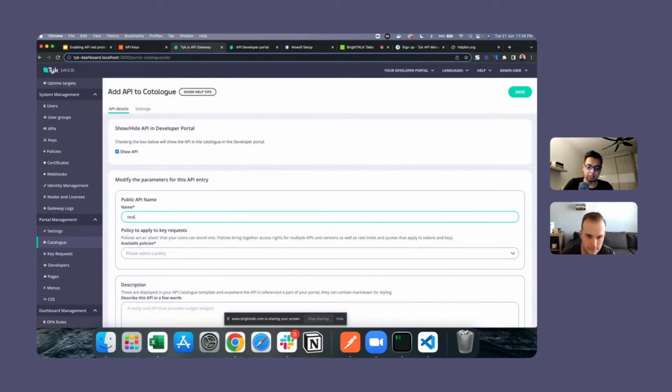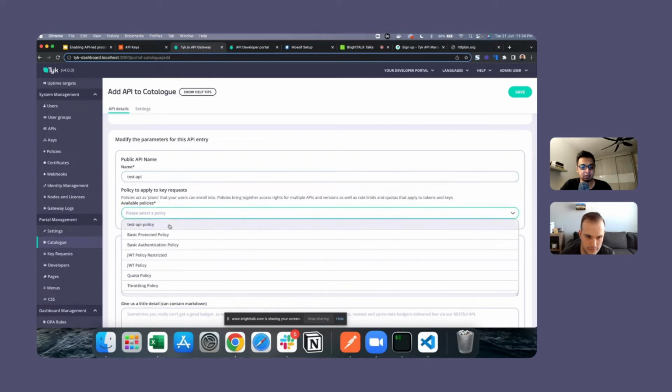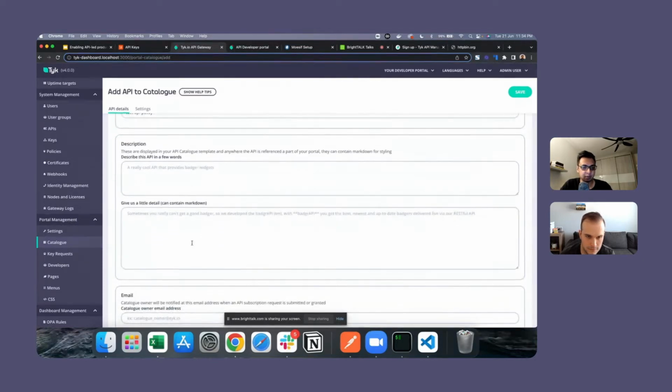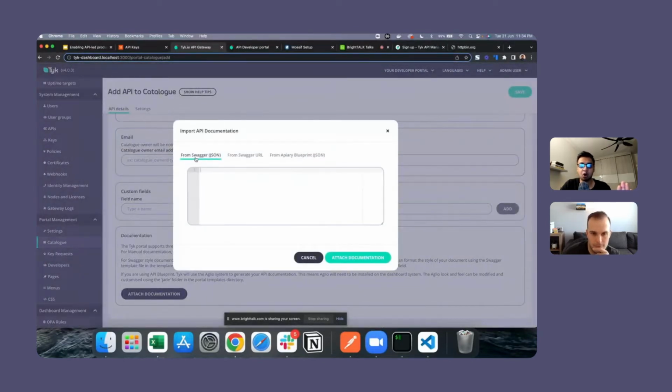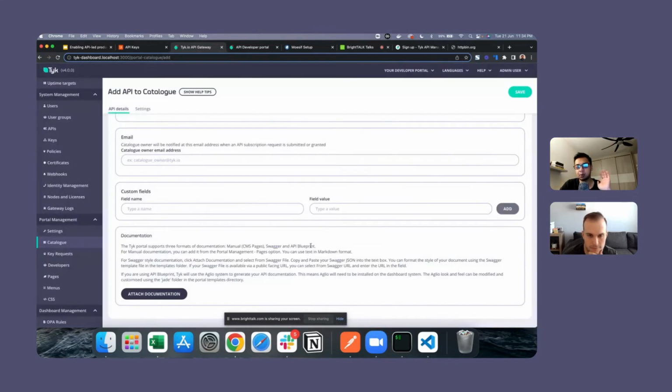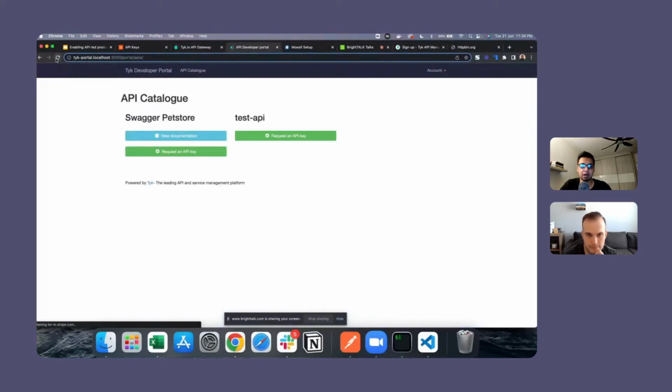Let's call it the test API, which is what we've been using. Select a policy to associate with it. You can add a bit of a description. I'm going to leave that blank at the moment. And you can attach documentation if you want. This documentation can come from a Swagger file as a JSON, or a Swagger URL if it's hosted elsewhere. Or you can also use Apiary's blueprint here as well. So I'm going to remove this for now. I'm just going to save it,